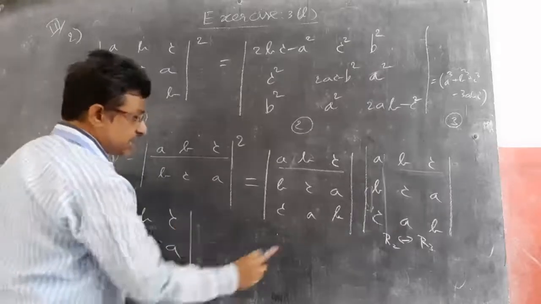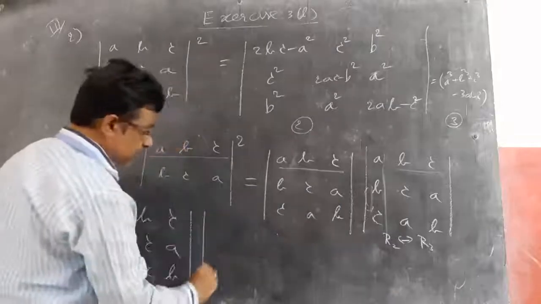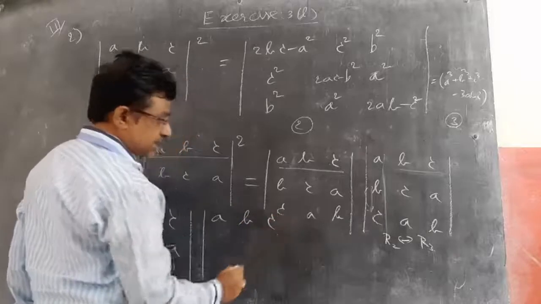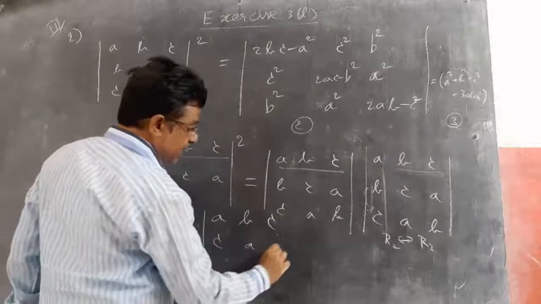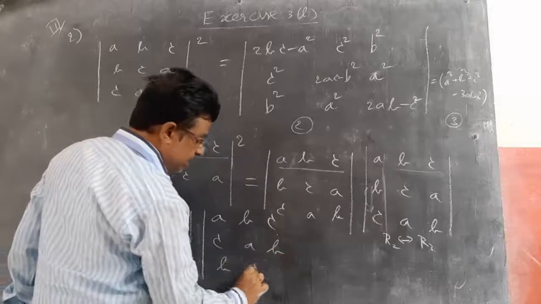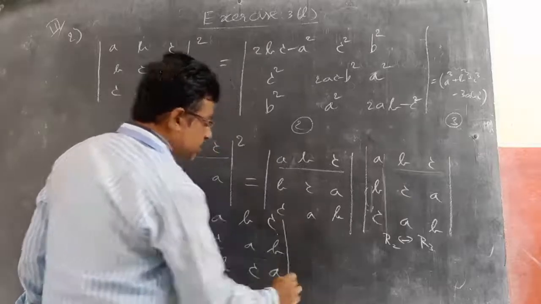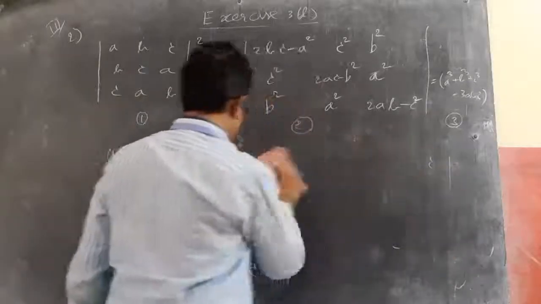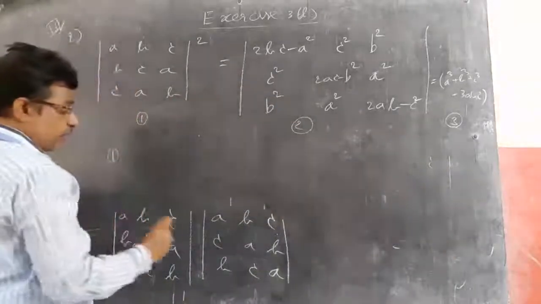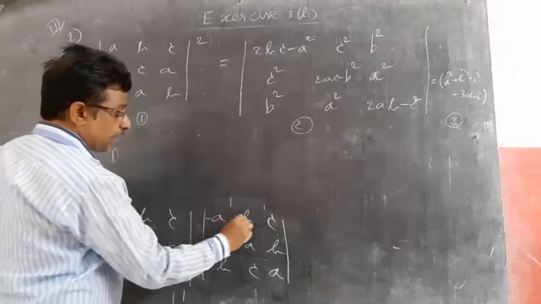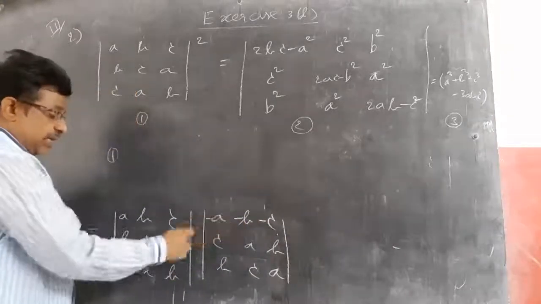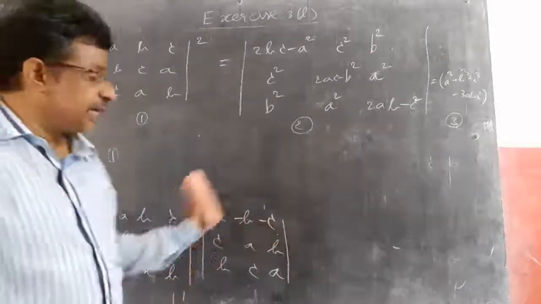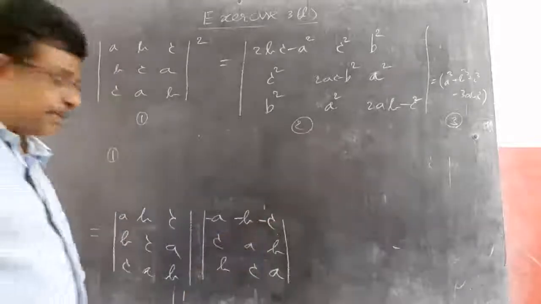Now I am interchanging these two rows. So the first row doesn't change, ABC as it is, but the second row becomes CAB and the third row becomes BCA, because I am interchanging the two rows. So the sign changes. Where do I keep that sign? That minus sign I will give to the first row, because I will put the negative sign here, -1, and bring it inside. So it becomes minus A, minus B, minus A.